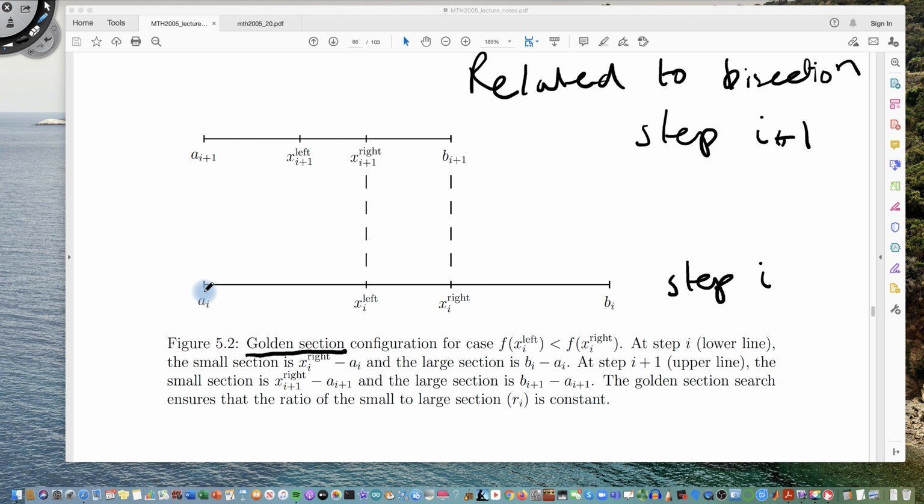And basically the ith interval is between a_i and b_i here, and we define two points on either side of the bisector, basically x left and x right. These different points are the key ideas, and this is what you've got to do. We decide whether the function is smaller on the left-hand side than on the right-hand side, and in this case the function is smaller on the left-hand side,